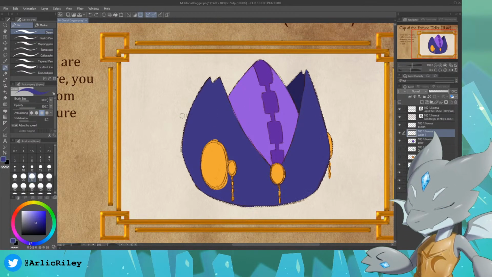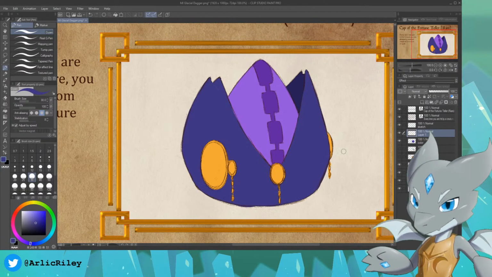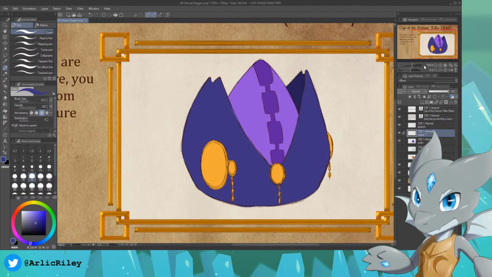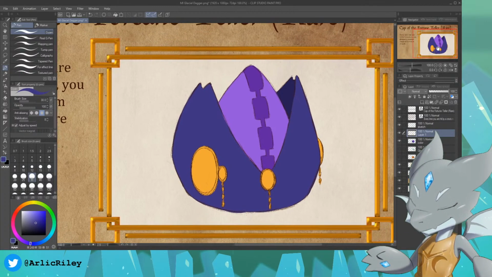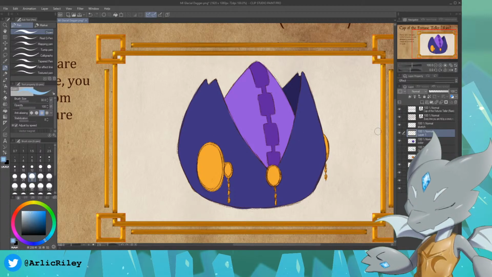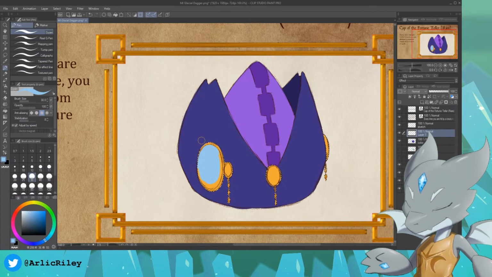Oh, right. And just clean these up just a smidge. Okay. And then, probably like a light blue for this one. For the mirror one,